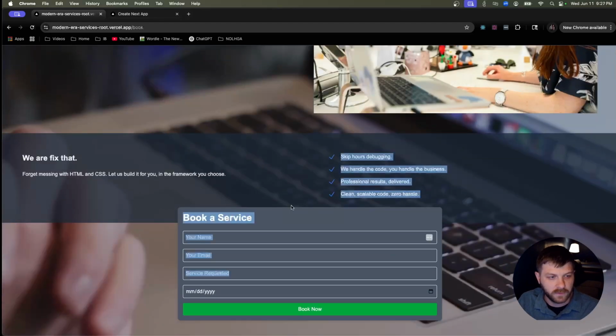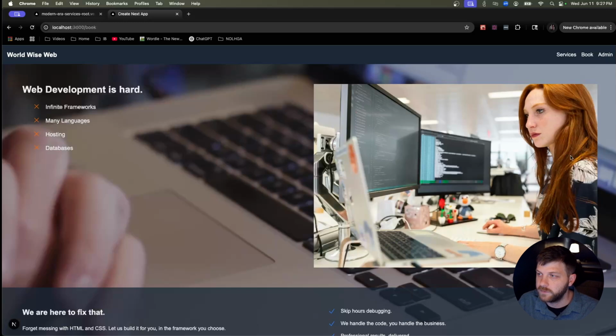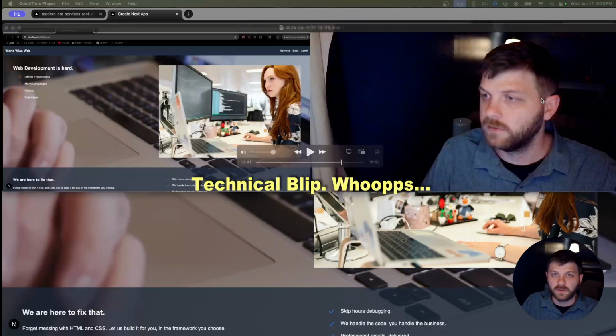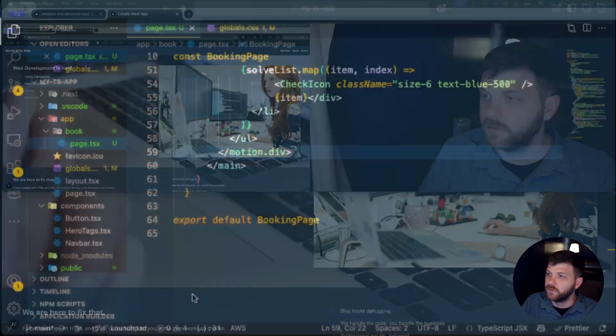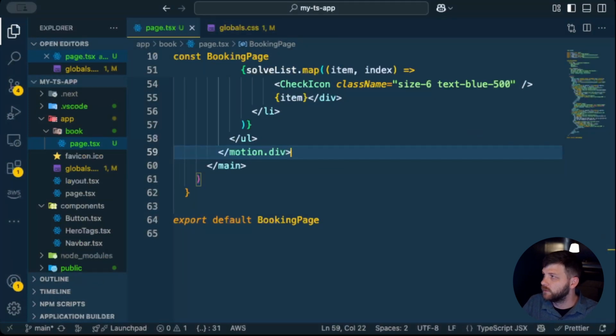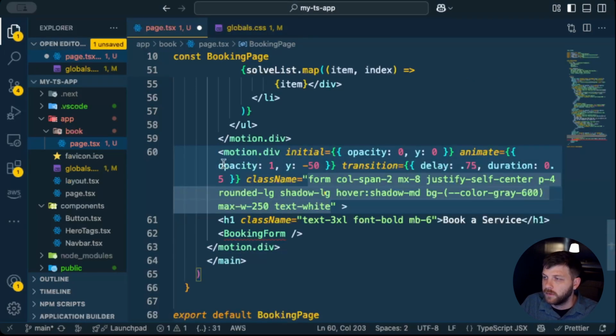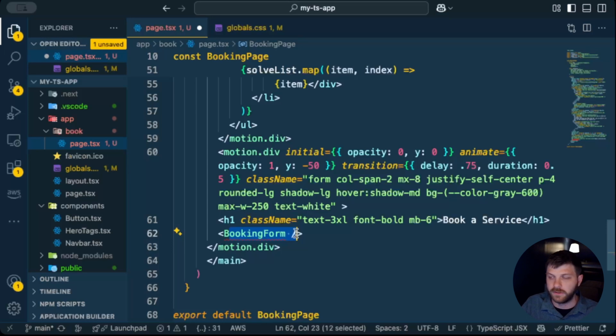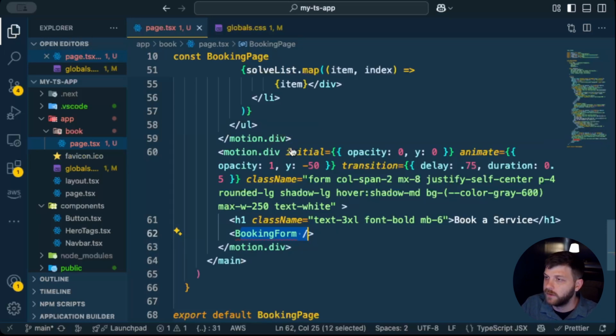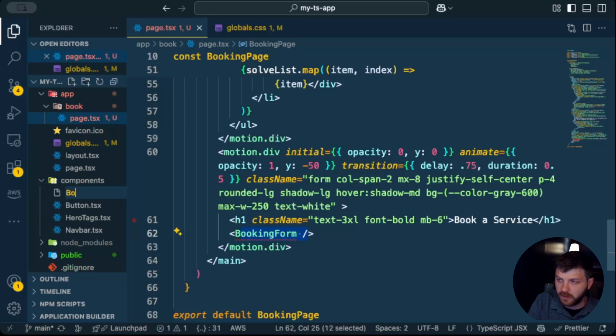So what's left is this little form here. Let's go ahead and do that. For that, I'm going to do one more motion.div. So back over here in VS Code, we'll actually add that guy in underneath this one. This one here is going to actually house our booking form, but we're actually going to create that as a common component in case we want to use it somewhere else in the UI. And that's a perfect case for putting it in our components folder. So we can add a booking